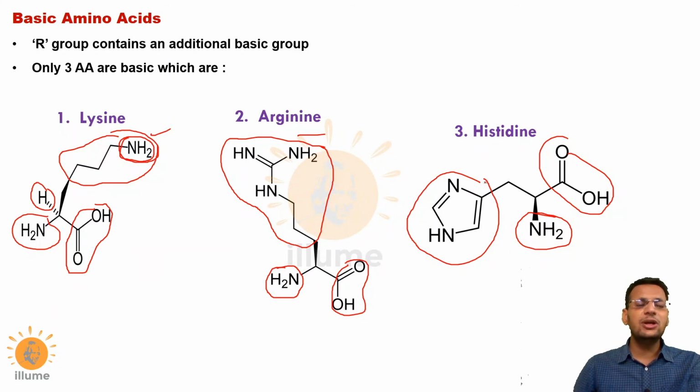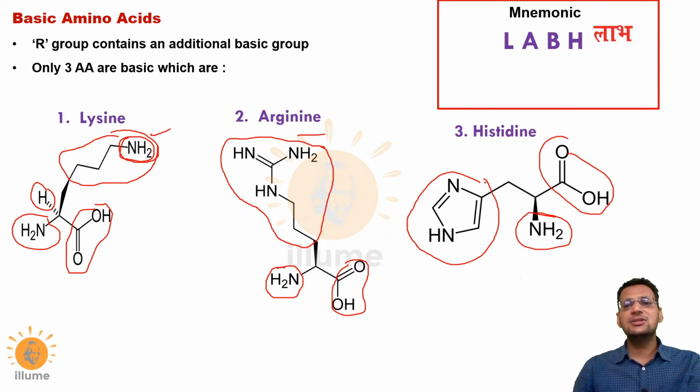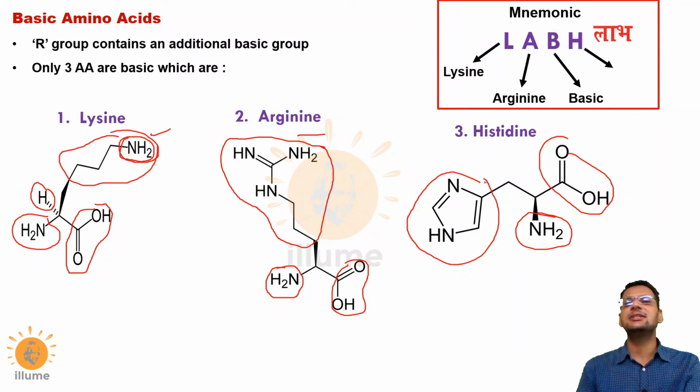Now we need a mnemonic to learn these examples, and the mnemonic is very simple. It is called LAB. You must have heard this word LAB in India. It's a Hindi word which is used at the entrance of our houses, where we paste stickers like Shubh and Labh. By LAB you can remember all the basic amino acids. L stands for lysine, A stands for arginine, B stands for basic amino acids, and H stands for histidine. That means lysine, arginine and histidine are basic amino acids. It's very important and you need to remember this.